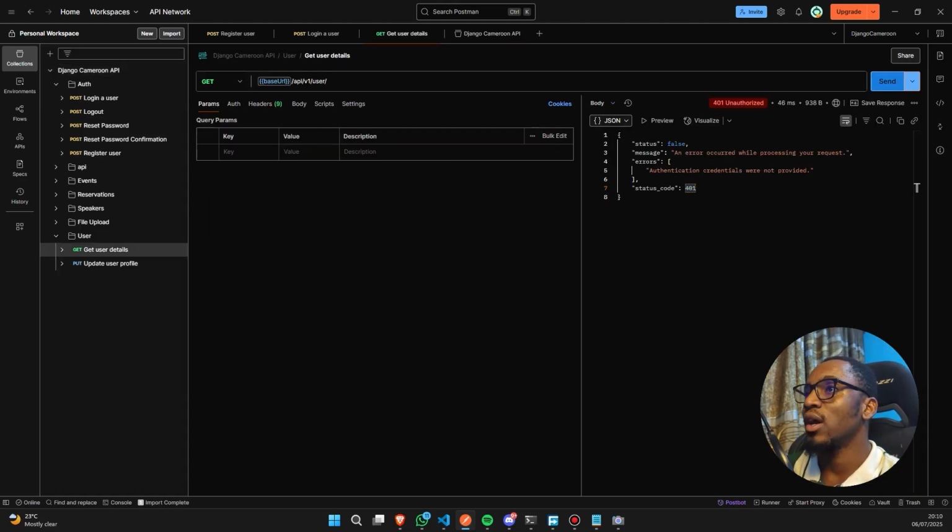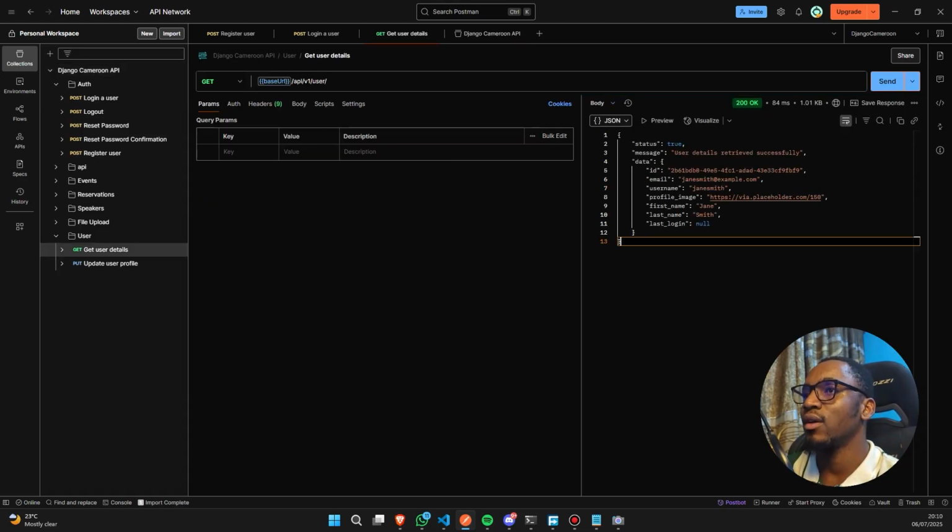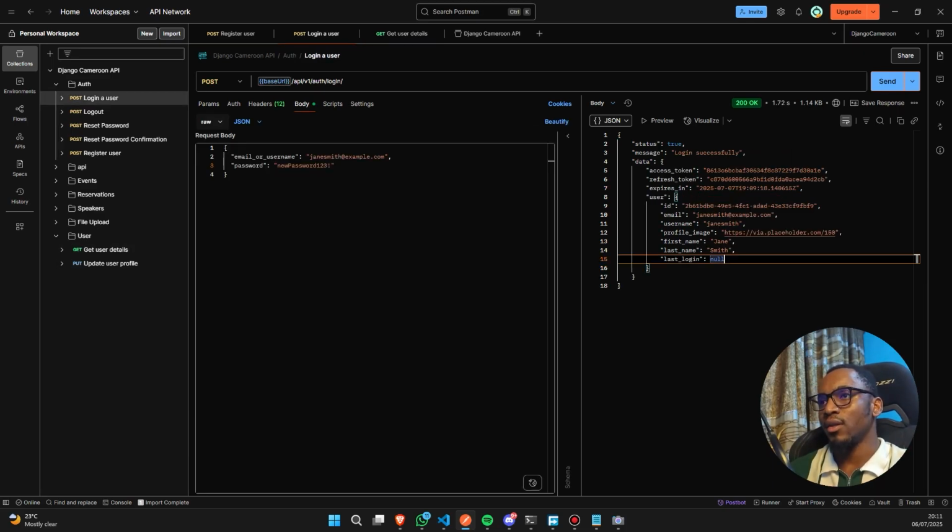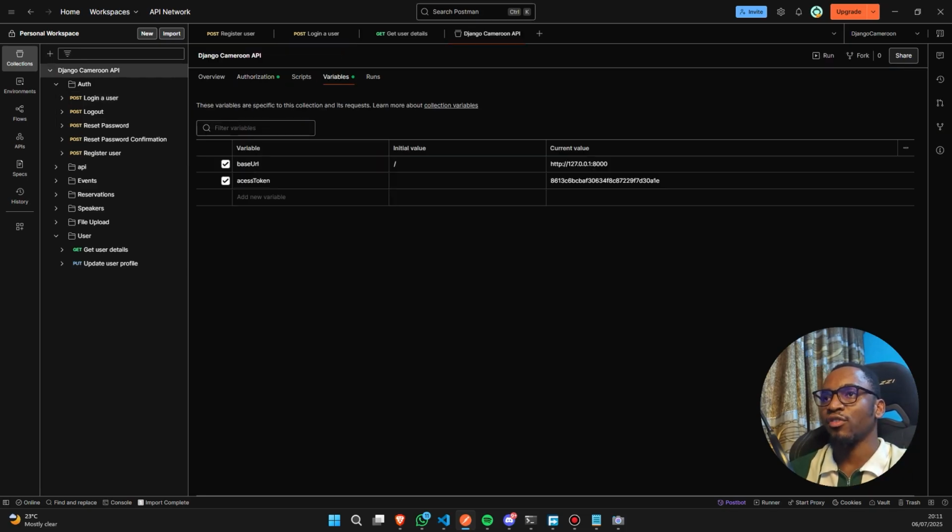So I go here and select the variable. I'm getting my data, obviously from my token. Now think about it this way: what will happen when the token expires? I'll have to come and click on login, right? I click on login, and then I have to go again and add the token to this variable section. What if I told you that you could easily write a script that does that for you